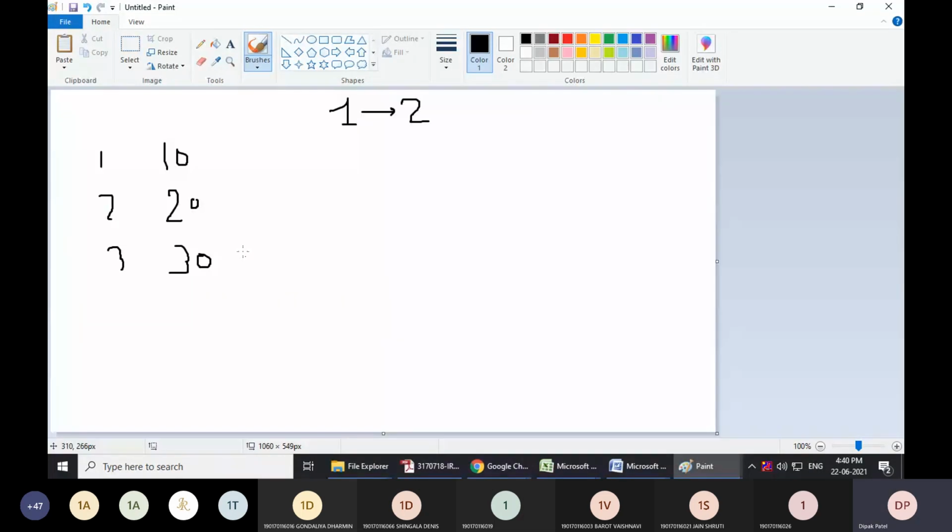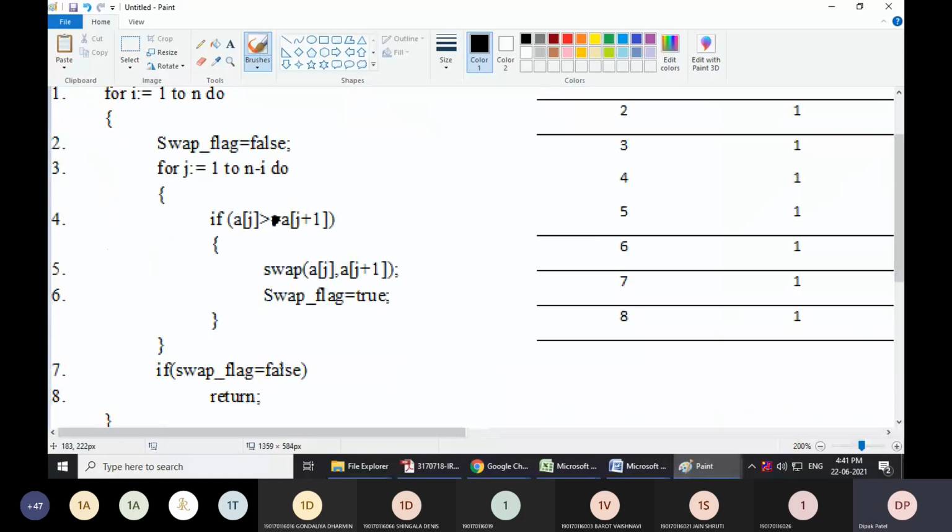Initially it will check a of 1 and a of 2. Here the condition is false, not satisfied, so it won't go inside this if condition. It rotates the inner for loop and increments the value of j.